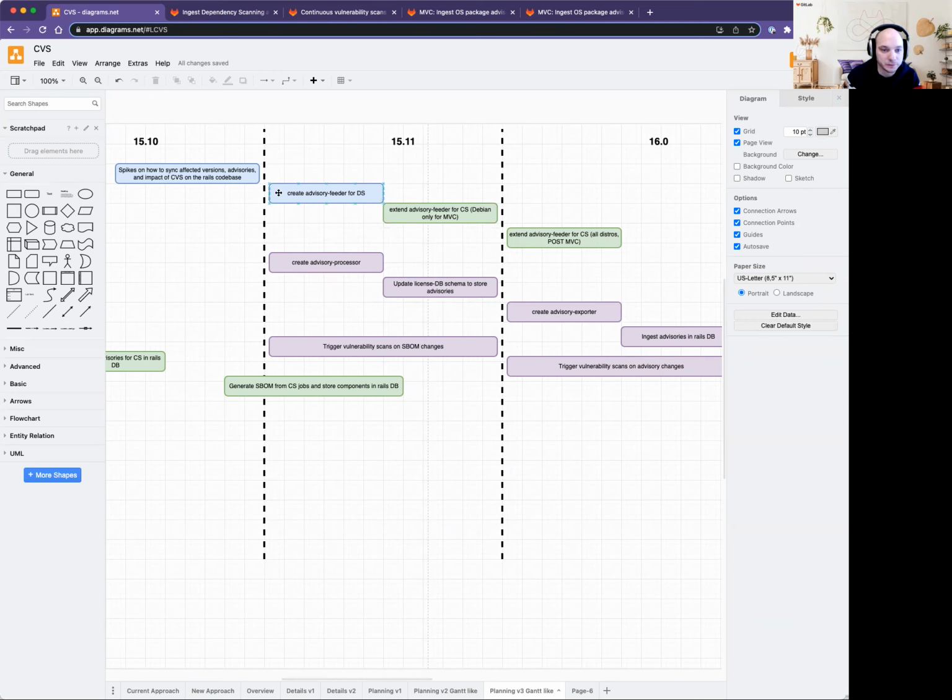That will come later. So we've completed the spikes a bit earlier than expected, which is great. So we know exactly what we want to do for storing the advisories, where we want to sync them, etc. We also move forward on looking at the Rails code base and see what would be the impact, or at least where in the code base we are currently using the current logic that we will have to replace for